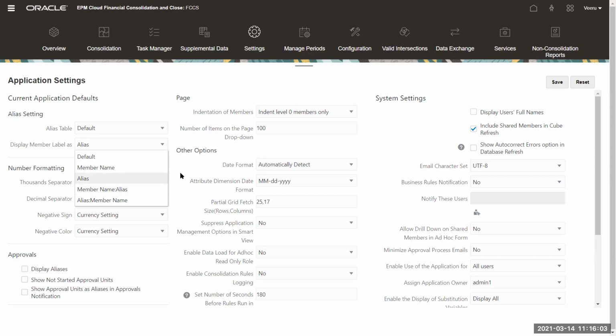Okay. In addition to this, specifically from a forms perspective, you can define your own display setting in the forms. But if you look at your approval process management or other activities, right, there you can see only the member name colon alias. Whatever settings you give here, you will be able to see only those settings on the application side.